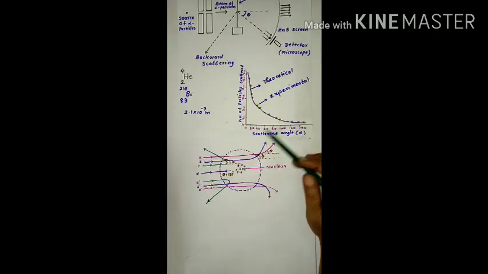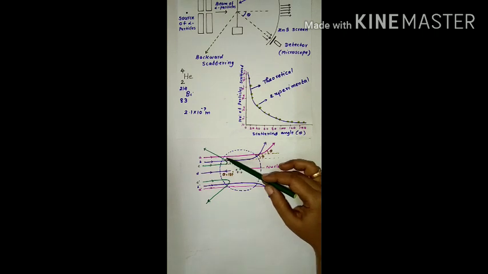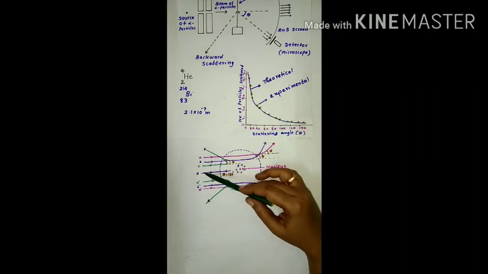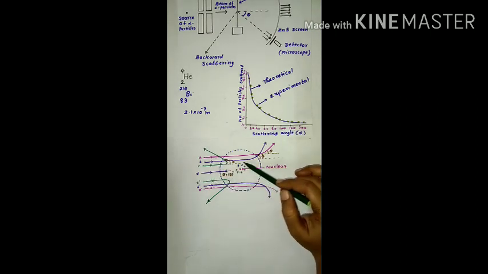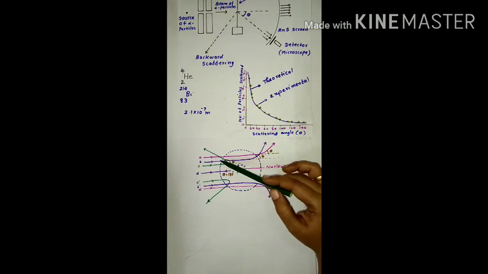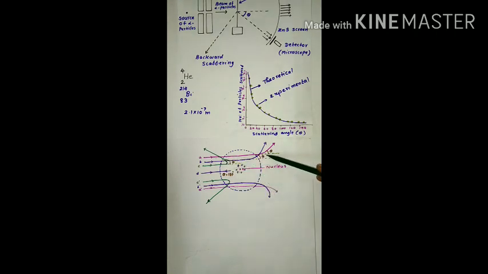We will see in detail. Look at this figure. It represents the gold atom, and the lines A, A dash, B, B dash, C, C dash and D represent the alpha particle passing through the gold atom. So the first observation is that most of the alpha particles suffer a small scattering angle, that is less than 1 degree. That is represented by the lines A and A dash. So the alpha particles A and A dash suffer a small scattering angle theta.